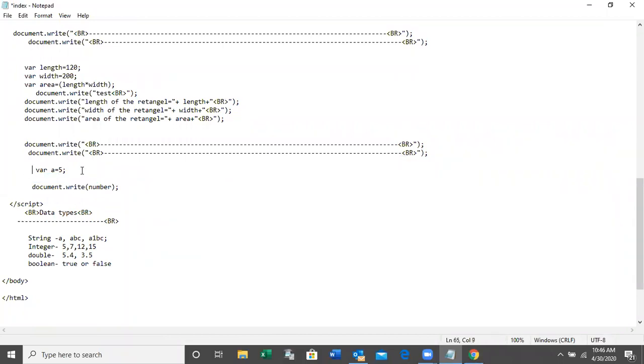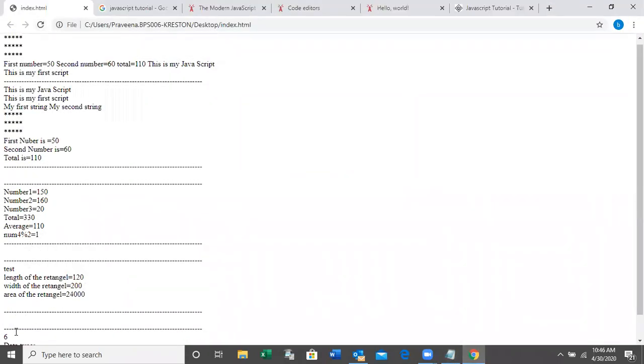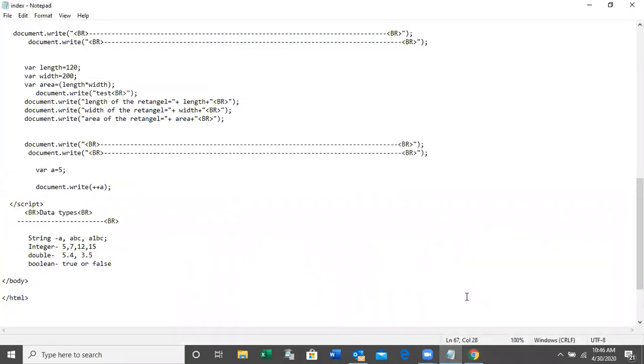Say var a is equal to 5, document.write ++a. ++a is equal to what? 6. So ++a means a plus 1.